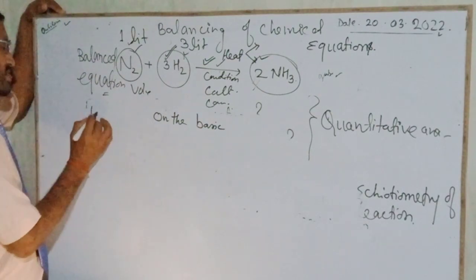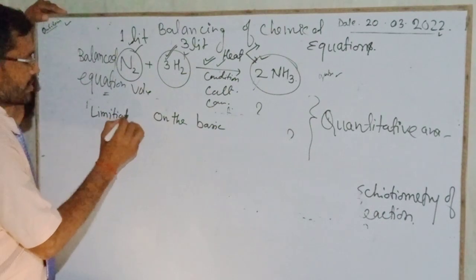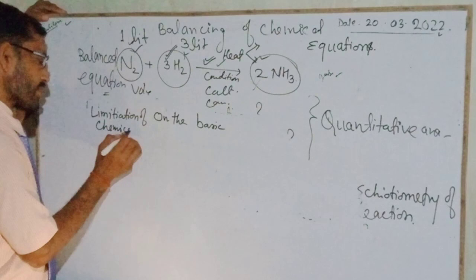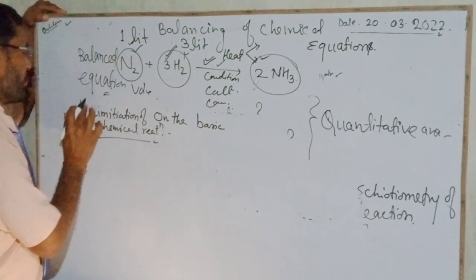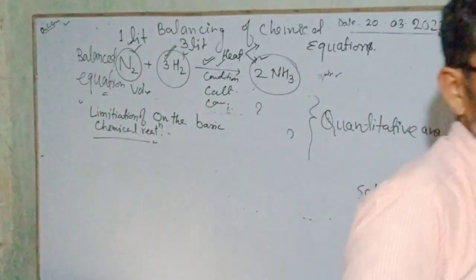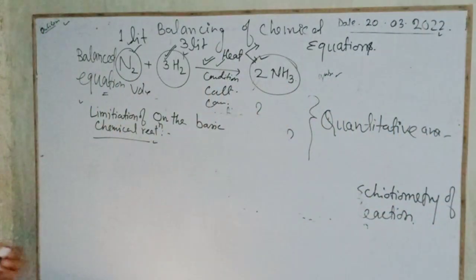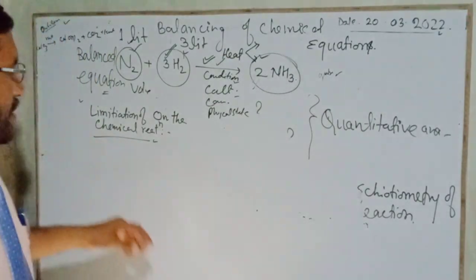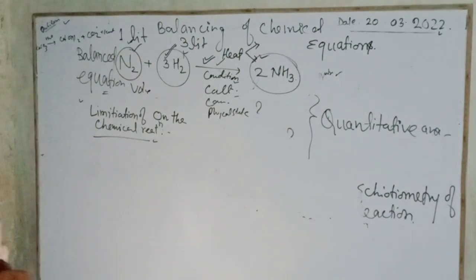these are the limitations. I am again telling you the limitations of the chemical reaction, that means something is there about which the balanced chemical equation will not talk. That is, so on the basis of heat evolved or